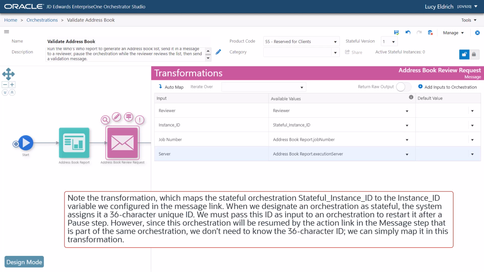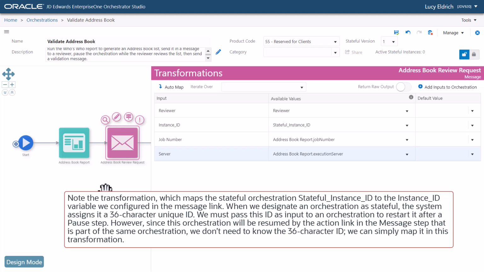When we designate an orchestration as stateful, the system assigns it a 36-character unique ID. We must pass this ID as input to an orchestration to restart it after a pause step. However, since this orchestration will be resumed by the action link in the message step that is part of the same orchestration, we don't need to know the 36-character ID.